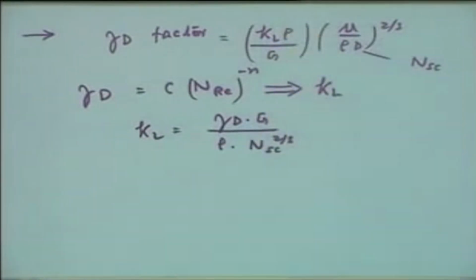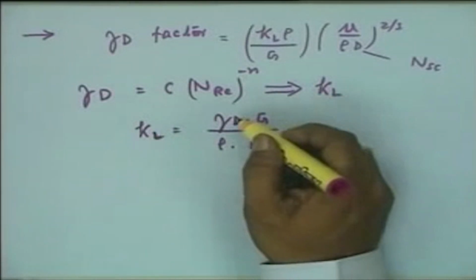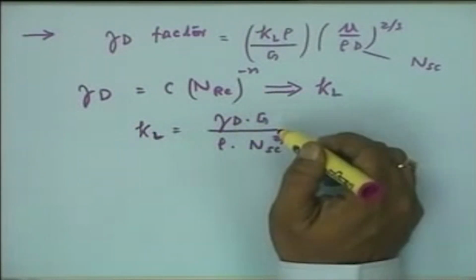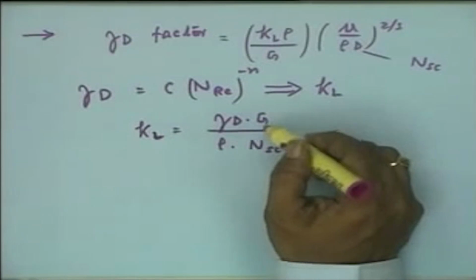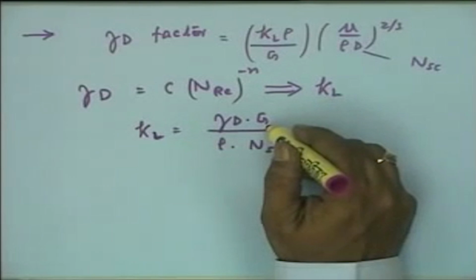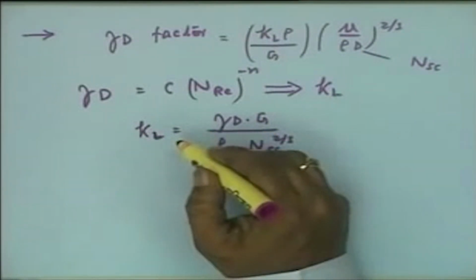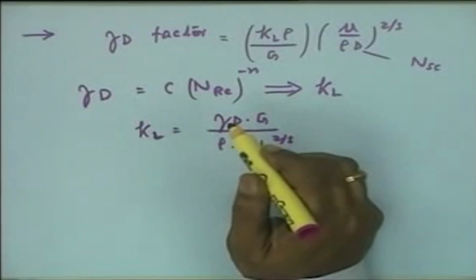If you just convert this, the magnitude of KL is related to the JD factor by the JD value and also a combination of the reactor operational parameters, superficial mass velocity, density and Schmidt number, and the magnitude of KL then gives you the